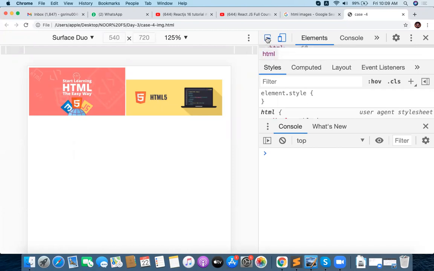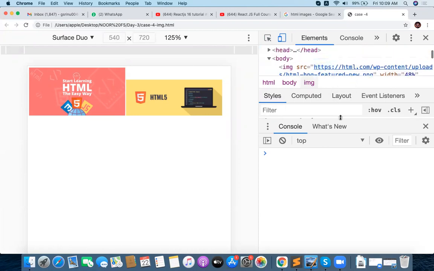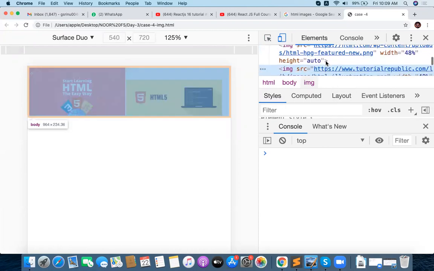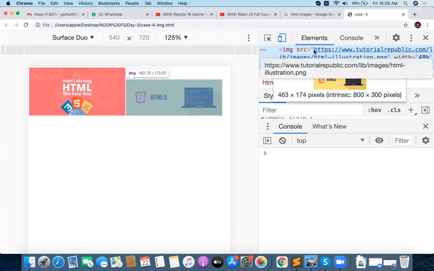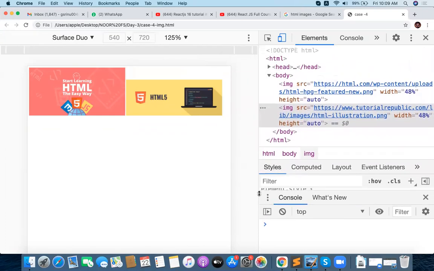Whenever you go to the inspector, we will have some code available here, showing where the image is getting loaded from. You can see img src, something like this. This is the thing you have to edit, so editing is very important.